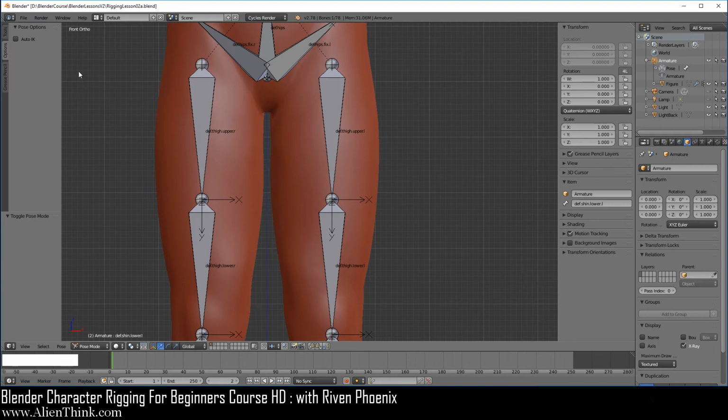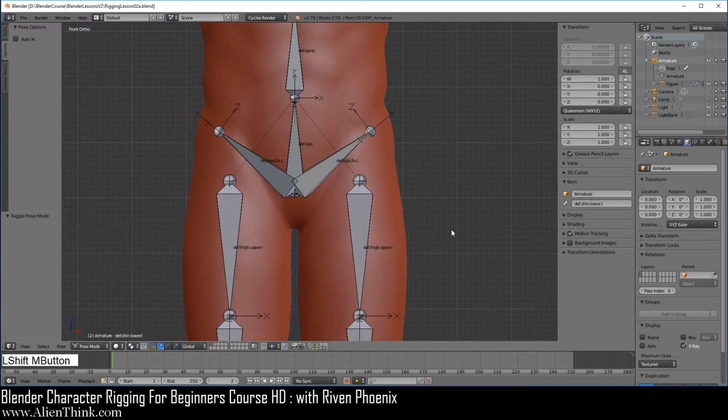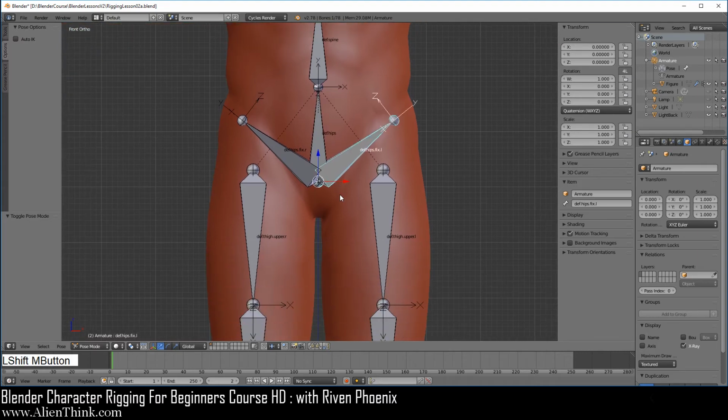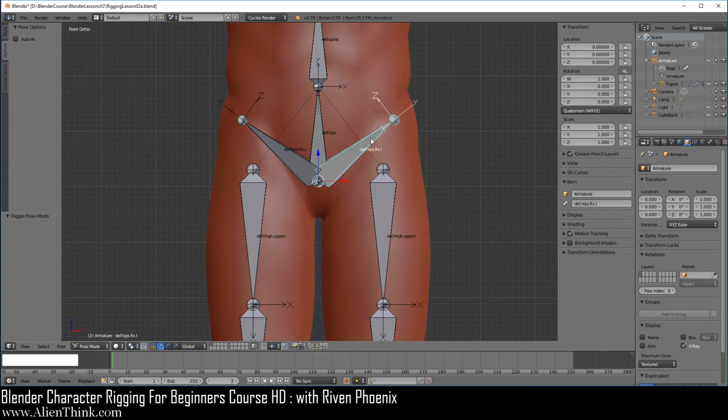Okay, now let's go ahead and save this file over here. Okay, so now we're going to take a look at the bones in the center. First, let's talk about this bone. So this is a fixed bone. The only reason this bone is here is really to help you to capture the vertices that are in this area, so we don't have to waste our time on weight painting, right? We're making Blender do all this work. This is the purpose of this bone.